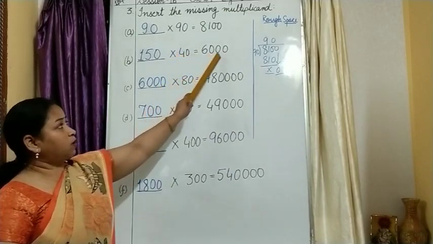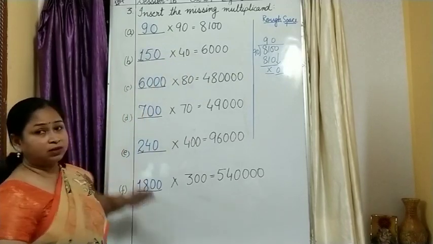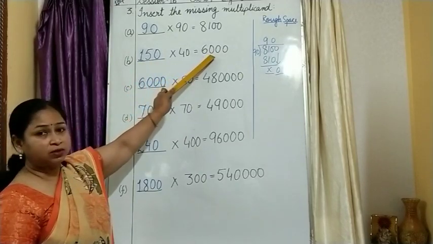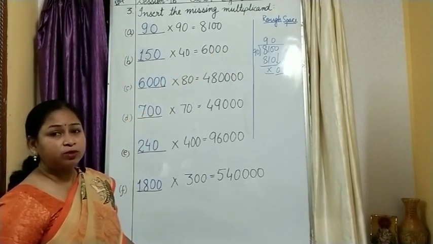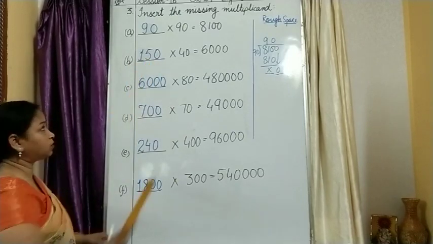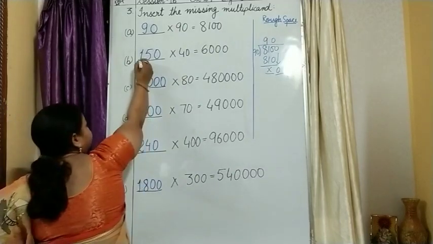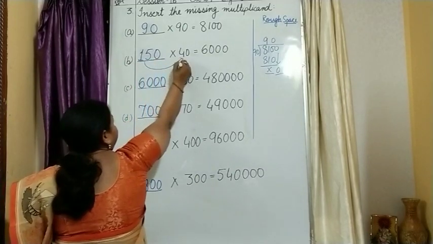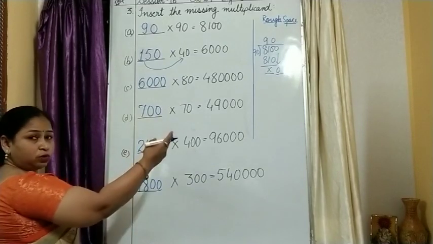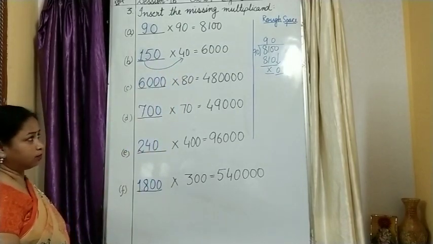That means 10, I am going to cross it over here. Okay, now what? 4 15s are 60, right? So 4 15s are 60. That means this 60 is here. That means still 1 zero is missing. So what will I get? 150. Now if you want to cross check, you can cross check. 15 fours are? If I take this 15 together, 15 multiplied by 4, what will I get? 60. And how many zeros are there? Already 2 zeros are there. That means 1 zero is here and 1 zero I am supposed to write here.